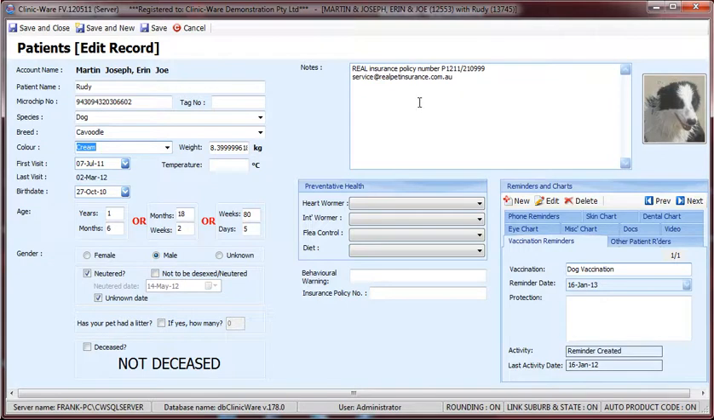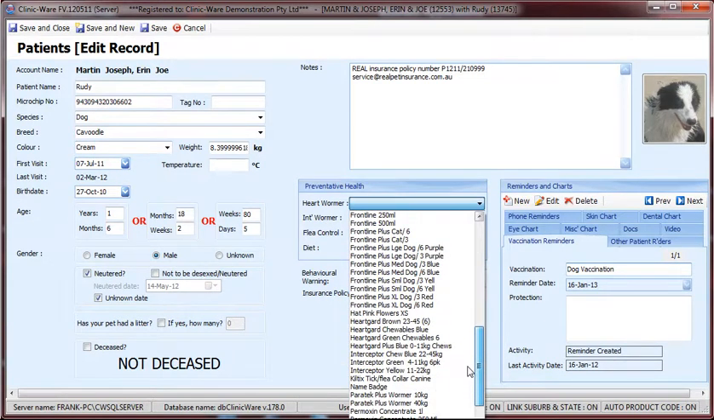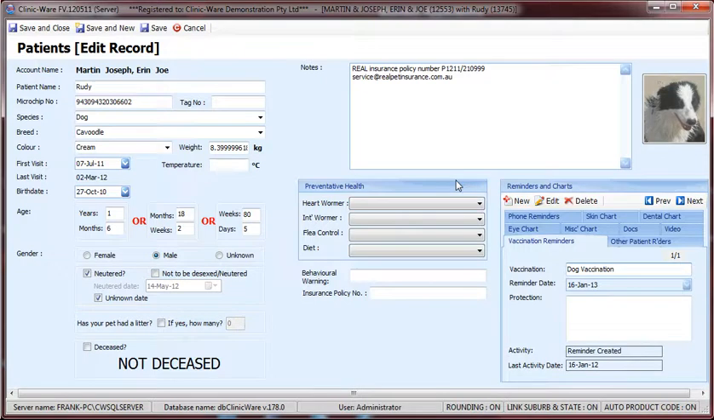In this particular case, the details have been entered here about the insurance policy, even though they could even be entered down here under insurance policy. Preventative health, we can select in the product file. You will notice when we get to look at the product file that you can define products as either being heartwormers, intestinal wormers, flea control or diet. And here you basically get a chance to select from the list as to which one this particular patient enjoys. And the same for intestinal wormers and flea control